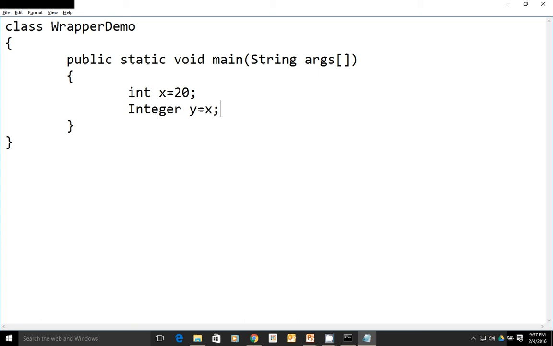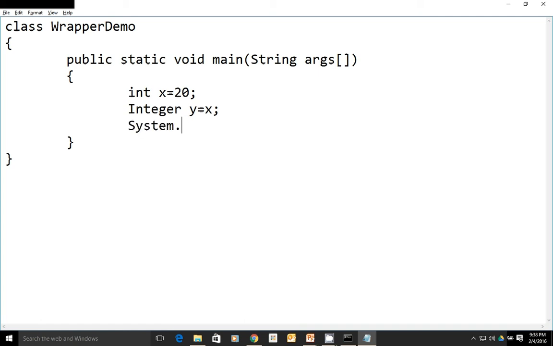Here x is a primitive data type, y is an Integer reference variable. This integer primitive type is directly assigned to an object, no? So this is what we call autoboxing. It becomes an object, or this y is actually a reference variable which becomes an object when you assign a primitive data type.